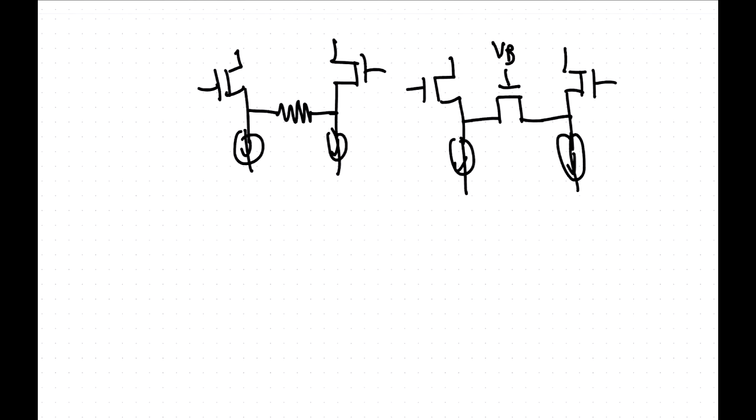Yes, it needs to operate in the triode region. As long as it's in the triode region, this is linear. The difference in the two currents at the output is going to be a linear function of the voltage difference at the input. I really don't think I have time to prove it, but